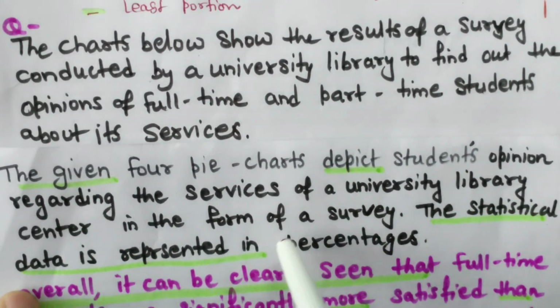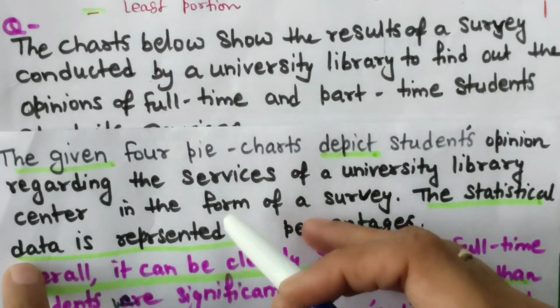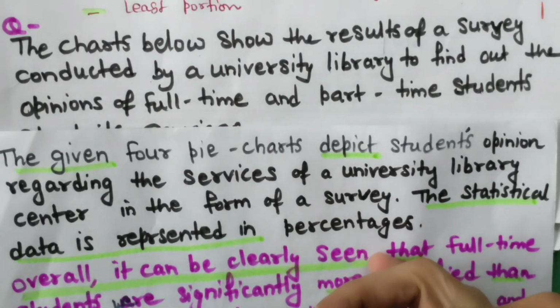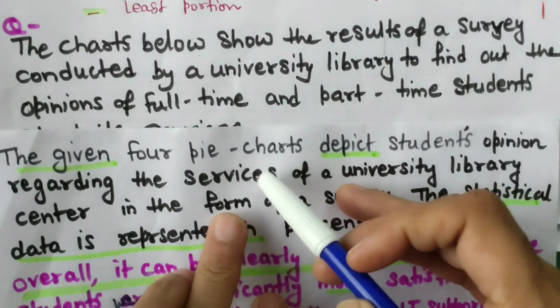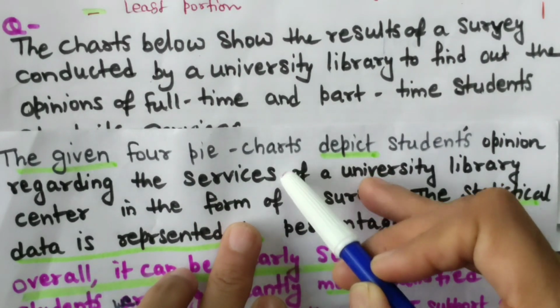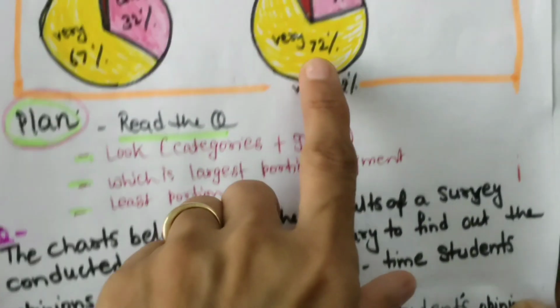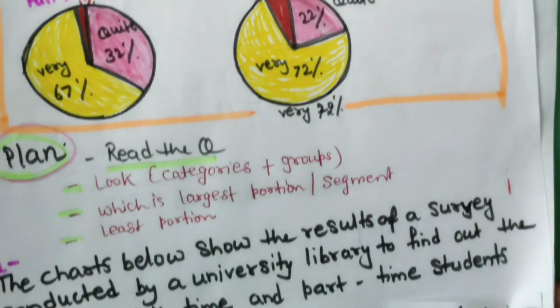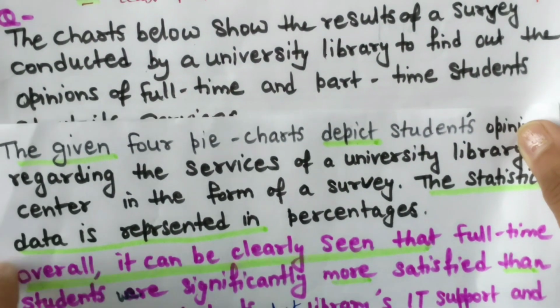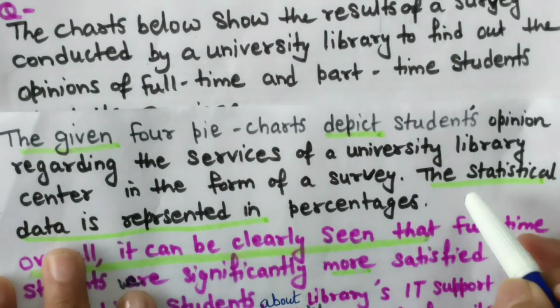Okay, so we have not written what kind of service. Here in brackets you can always write which service, regarding the services of IT support and library opening time. See, this library opening hours also we can write over here. Now, the statistical data, as we know it, statistical data is